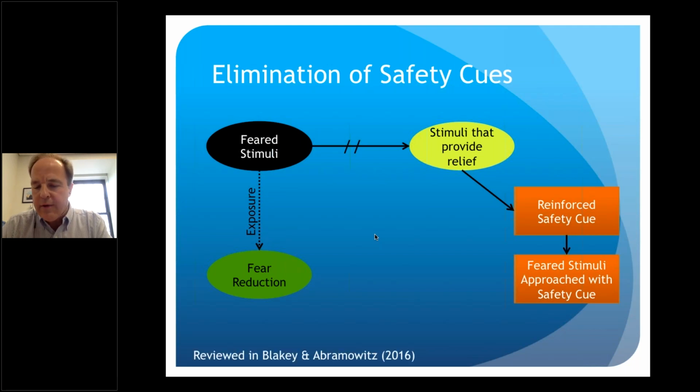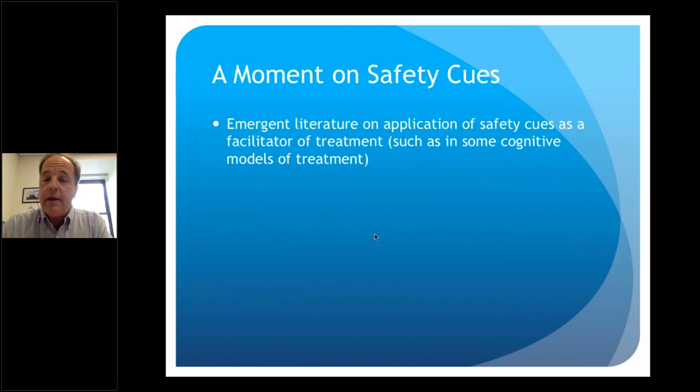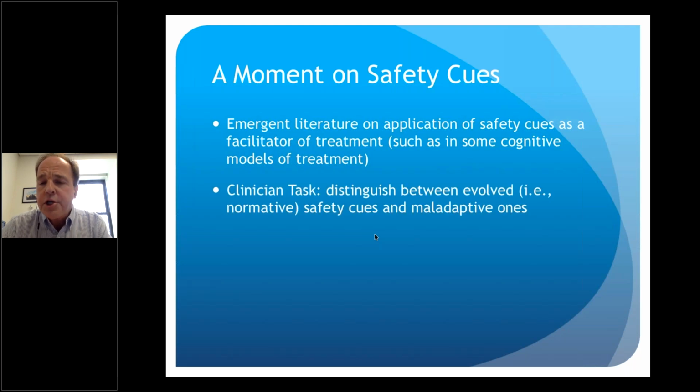So there's a review of this, by the way, very recently by John Abramowitz and his student, Shannon Blakey, that's worth checking out on this if you want a deeper dive. As far as how to think about this, there's some controversy in this area. There are some people who are taking the position that a judicious application of some safety cues is fine and might facilitate treatment. And there are some cognitive models of treatment that emphasize this. And the data are still emerging on it. I would have to say that it's possible that we could construe some occasions where including some safety cues could be valuable. The clinician's task, however, I believe, is to distinguish between, let's say, normative and adaptive safety cues versus